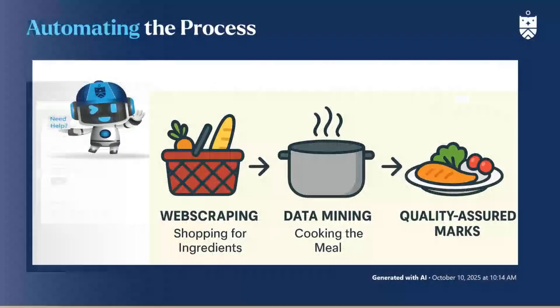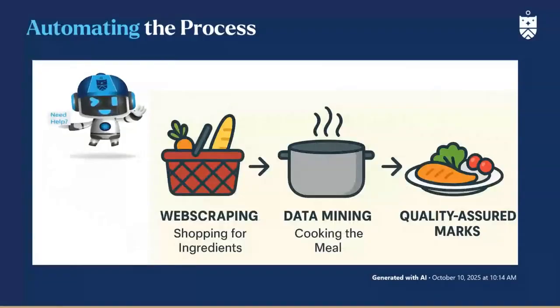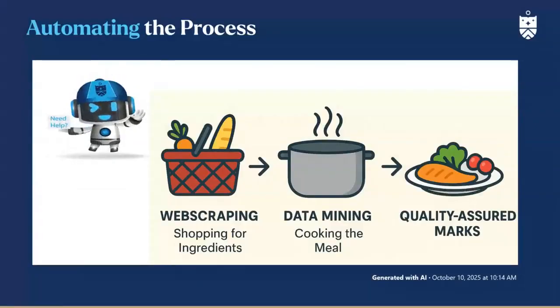So I think going back to the analogy now, where web scraping comes into this is that rather than manually go and shop for all these ingredients and make sure that everything is sorted out for us and we have everything in place that we need, here we are kind of scripting a little bot, telling it exactly where in the shop to go, which aisle to go down, what shelf to look on, and what exactly to pick out.